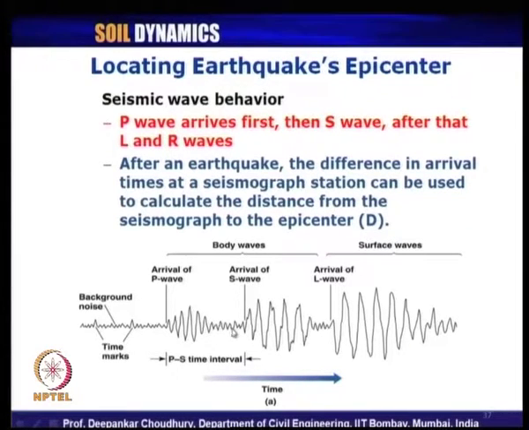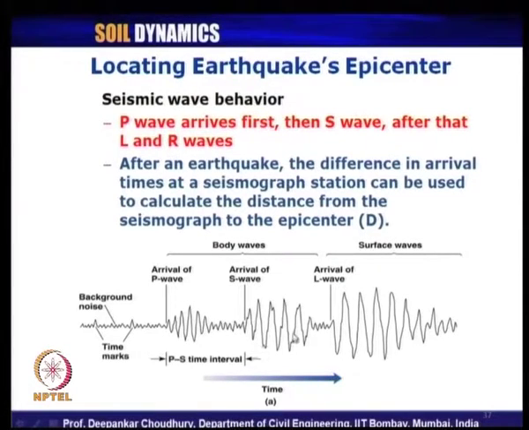Then it will slowly die down, and after some time you will notice another large magnitude wave getting recorded in your seismogram. That is nothing but the arrival of the S wave, the arrival time of the S wave, and this is the arrival time of the P wave. As I was mentioning, there is a substantial difference between the time of P wave arrival and S wave arrival in a seismogram, provided there is one condition. Remember, the station should not be located in a shadow zone of either of these two waves.